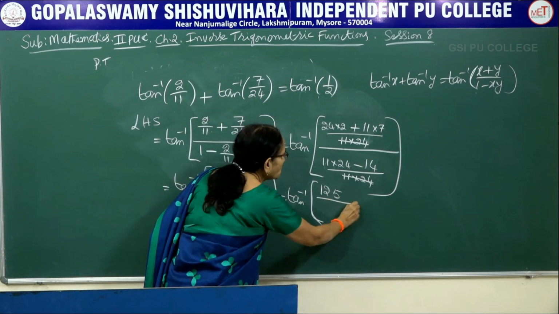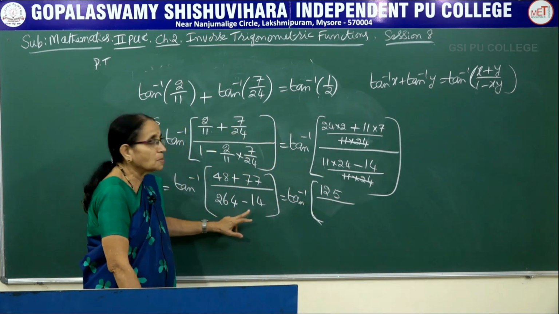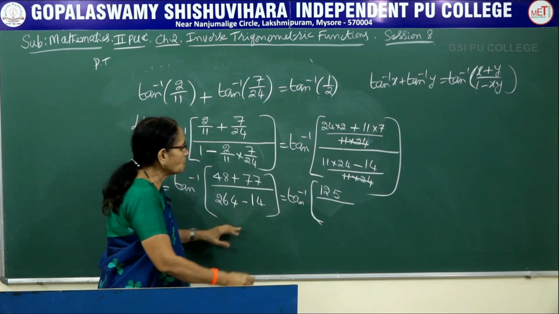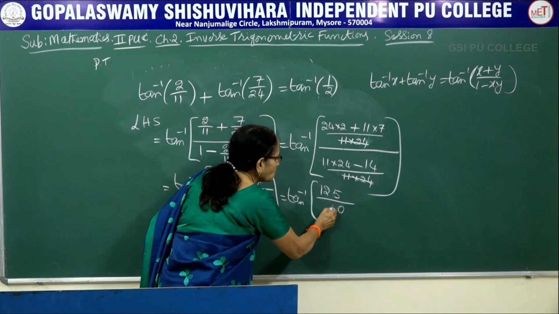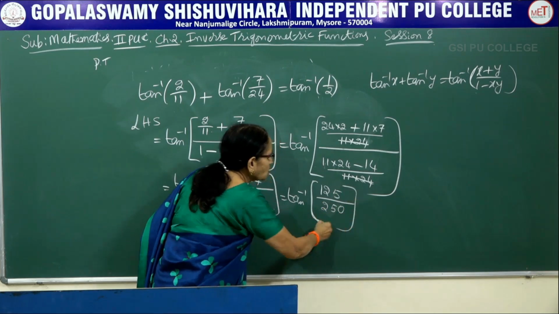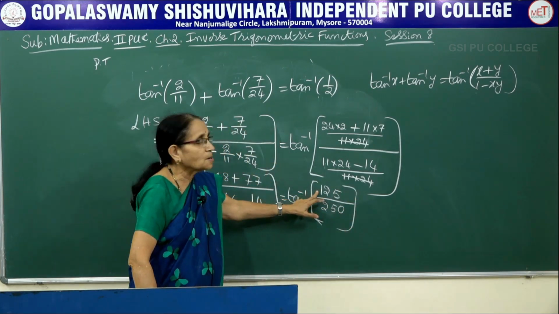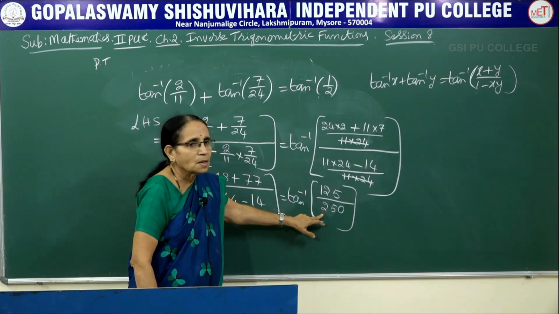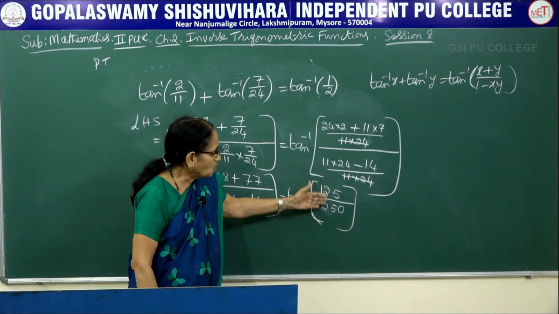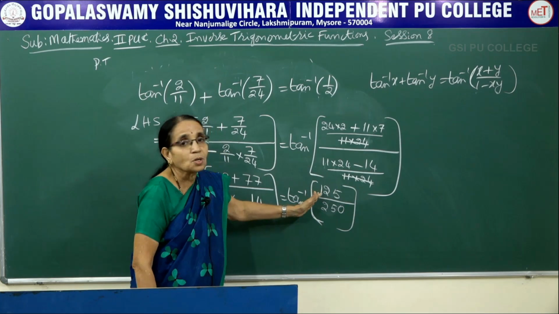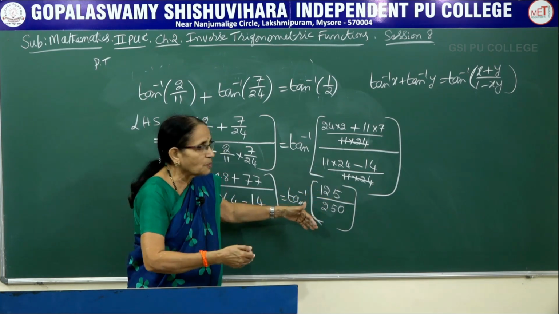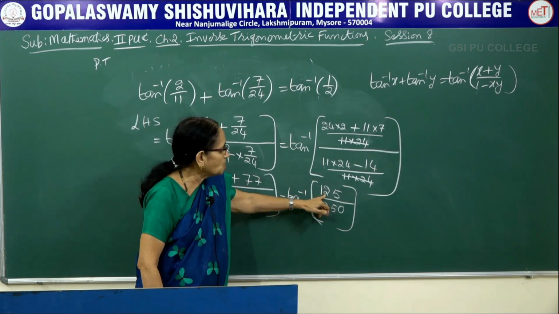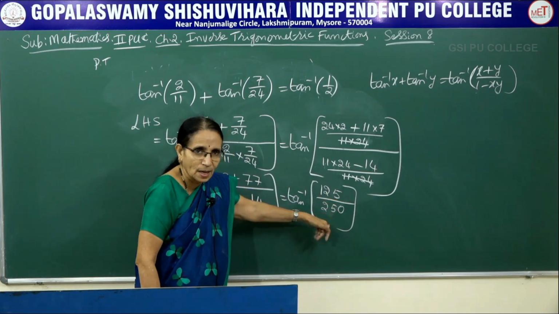So it is 125. Denominator we have to subtract. 4 minus 4, that is 0, 6 minus 1, that is 5, and 2. You observe here, the numerator is 125, the denominator is 250. You can see that 250 is 2 times 125. If you find it difficult, you can go on simplifying, dividing by 5. 5 2s are 10, 5 5s are 25, like that also.